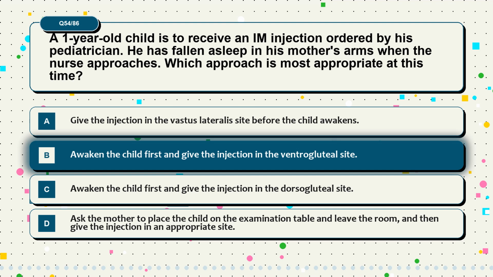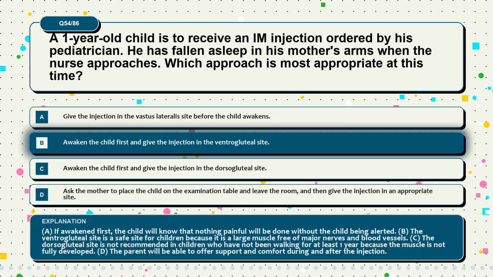The correct answer is option B. Awaken the child first and give the injection in the ventrogluteal site. If awakened first, the child will know that nothing painful will be done without the child being alerted. B. The ventrogluteal site is a safe site for children because it is a large muscle free of major nerves